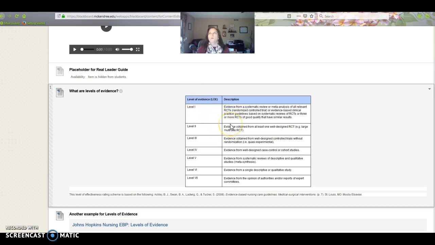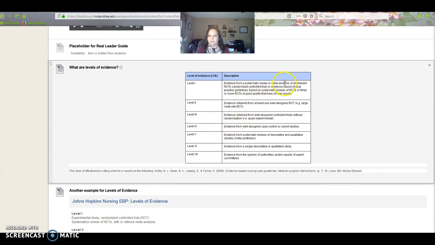And so you might be thinking, well, what in the world does she mean by that? Well, this is a graph, or a chart rather, a table. We'll call it a table. That's exactly what it is. That distinguishes the different levels of evidence. And there can be different forms of the level of evidence. So, for example, this one